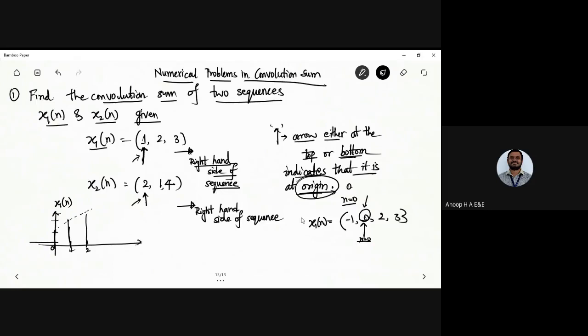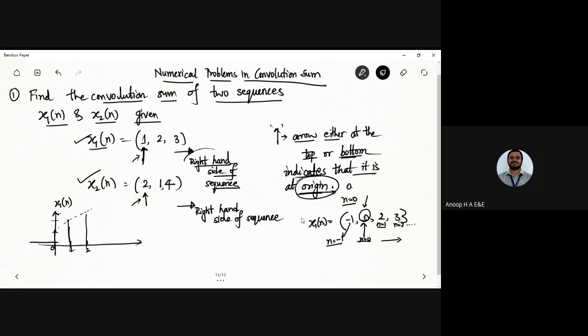So there you are going to call it n equals 0. Now when I move to the right by one step, that is n equals 1 and n equals 2 and so on. It depends on the sequence that you are operating. Next you have n is equal to minus 1. If you move towards the left, it is minus 1. If you move towards the right, that is plus 1, that is positive values of n, and you have negative values of n being written here. This is the first sequence, and the second sequence is also the same way.